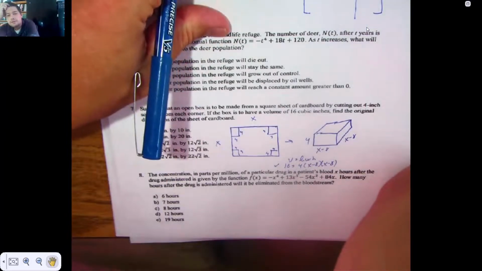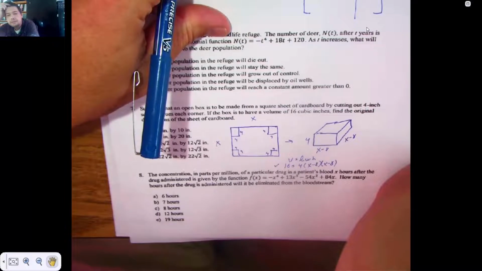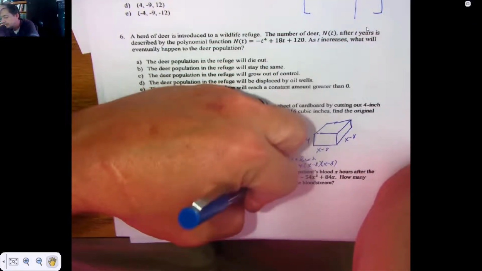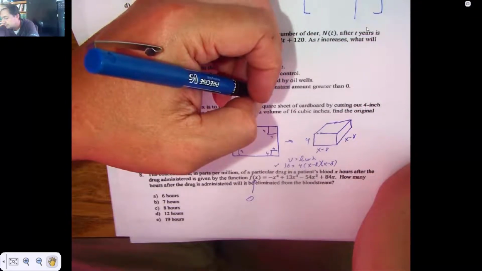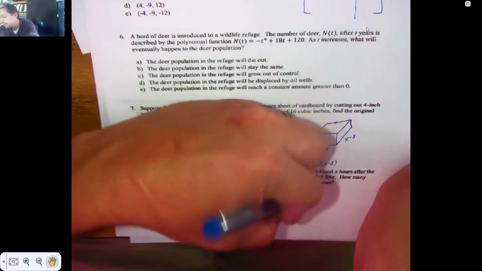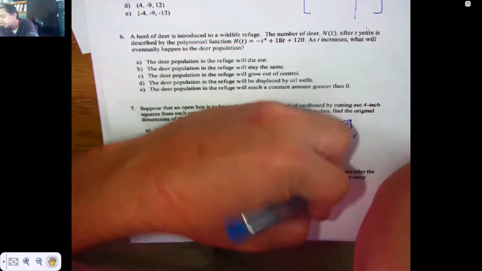All right, the concentration in parts per million of a particular drug in a patient's blood x hours after the drug is administered are given by the function negative x to the fourth plus 13x cubed minus 54x squared plus 8x. How many hours after the drug is administered will it be eliminated from the bloodstream? Well, that's going to happen when that's a 0. So you're going to have 0 equal to negative x to the fourth plus 13x cubed minus 54x squared plus